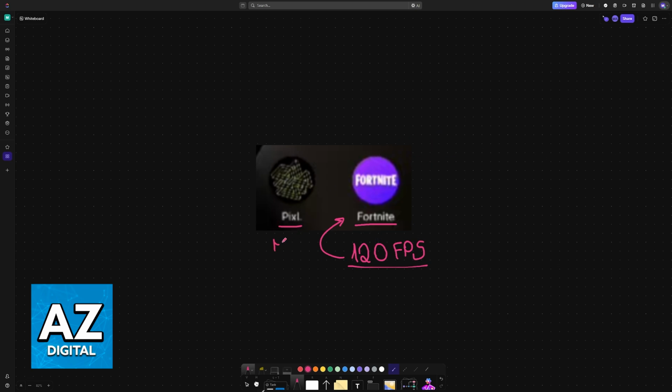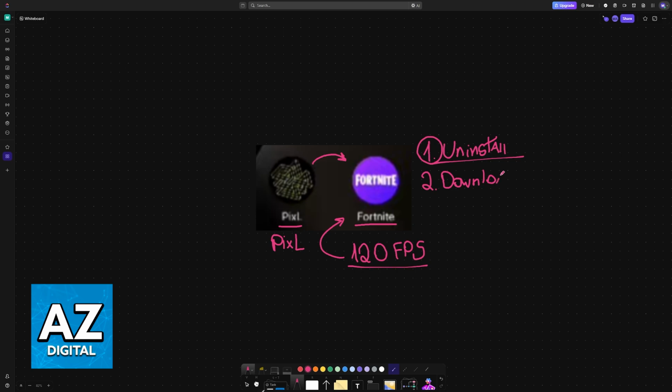To do this, you will need to use Pixel. So the very first thing that you have to do is install Fortnite through Pixel. If you downloaded Fortnite elsewhere, this will not work. So for this first step, uninstall the game. This will only be needed if you download Fortnite outside of Pixel. You have to download Fortnite using Pixel.